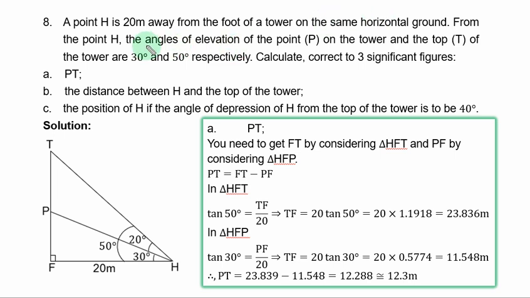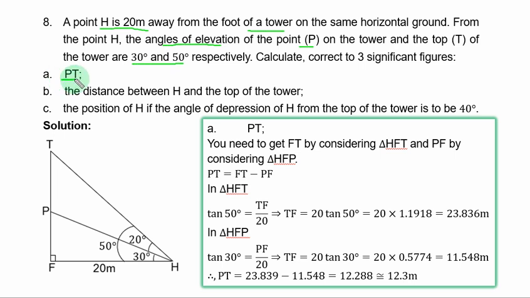Question 8. A point H is 20 meters away from the foot of a tower on the same horizontal ground. From the point H, the angles of elevation of the point P on the tower and the top T of the tower are 30 degrees and 50 degrees respectively. Calculate, correct to 3SF,